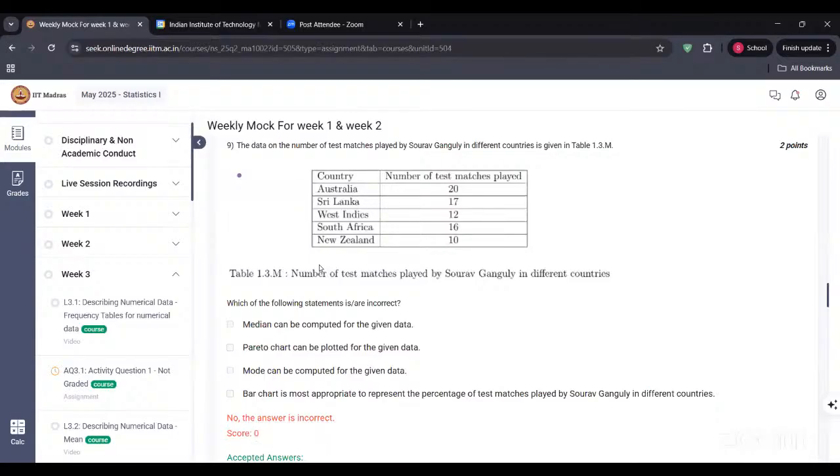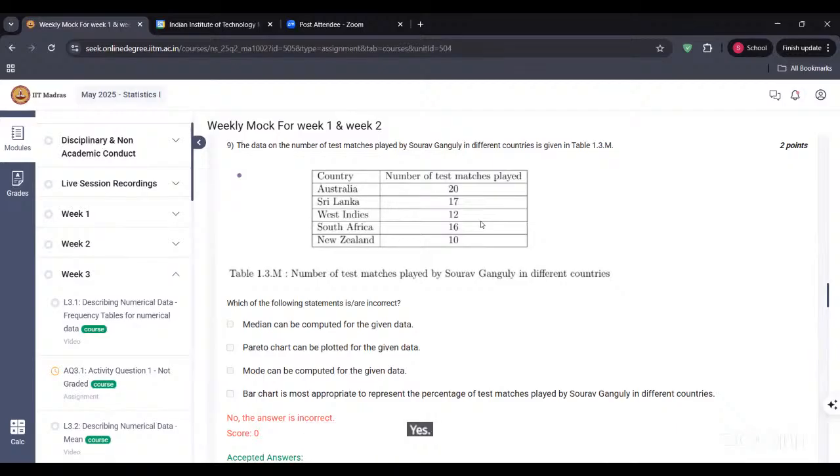Ma'am, in this, how can the median be computed for the given data? Just read the question carefully, what you have been asked. Which statements are incorrect? So here, can the median be computed? For calculation of median, we should